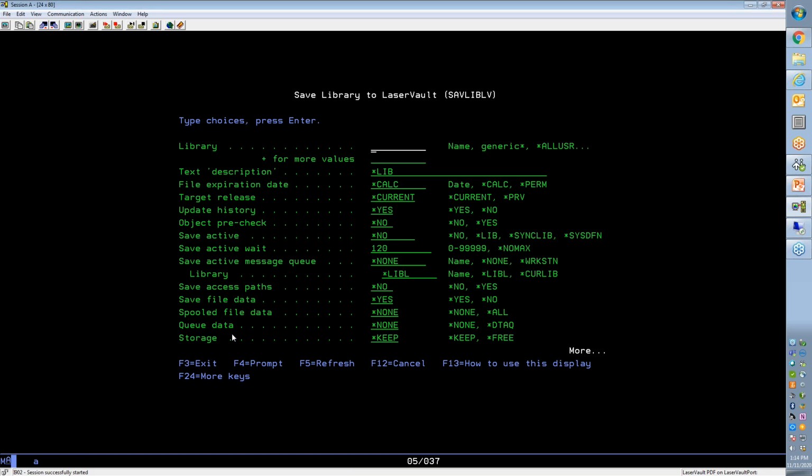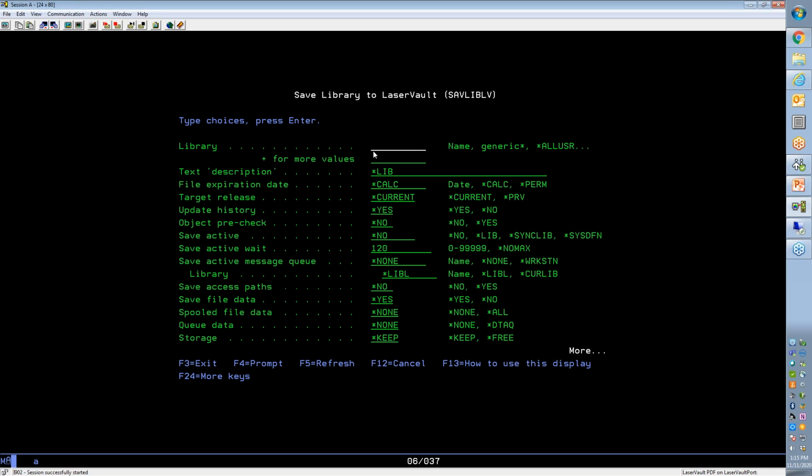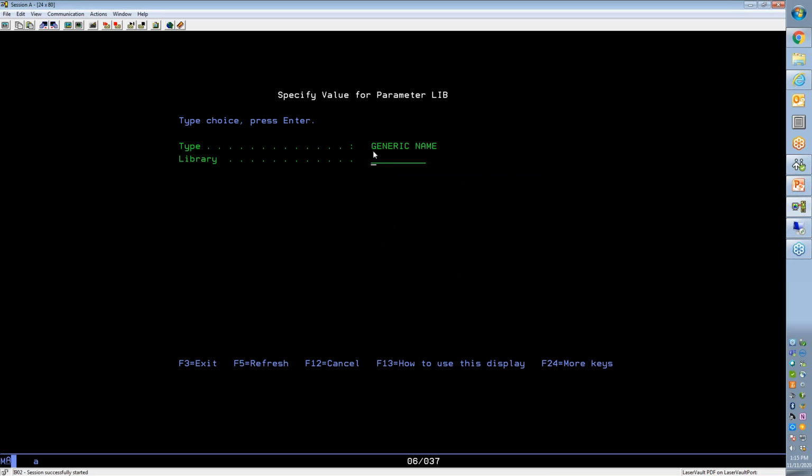What you'll see is that this command is SAVLIBLV. So it's similar to the SAVLIB that you use with tape. And so this has the ability to either create a list of libraries that you want to save to emulate the exact save that you're performing now if it's a set of libraries that you're saving on a daily, weekly basis. Other options include